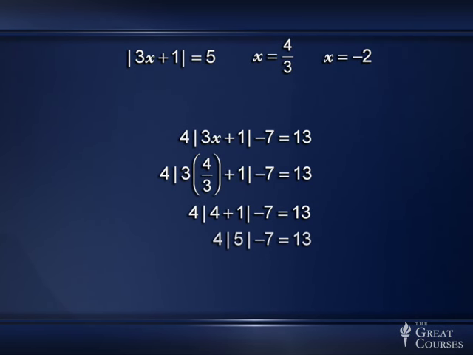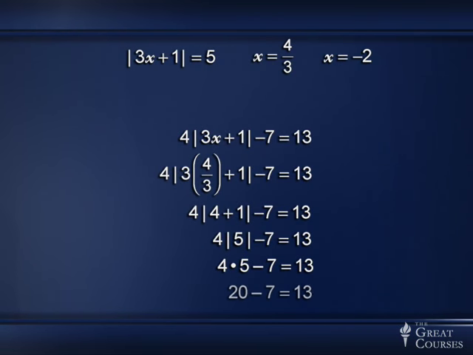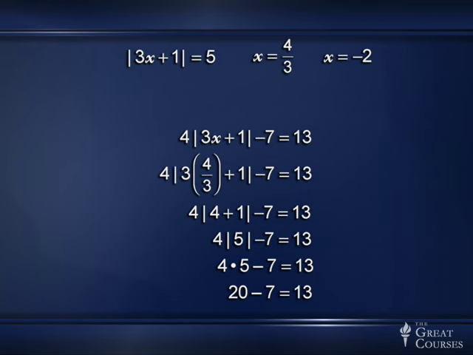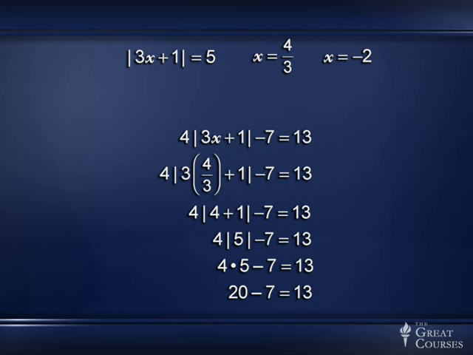So what I really have is 4 times absolute value of 5 minus 7 equals 13. Absolute value of 5 is just 5, so I have 4 times 5 minus 7 equals 13. 20 minus 7 equals 13, or 13 equals 13. And since 13 equals 13, I know that what I plugged in at the beginning, x equals 4/3, really is a